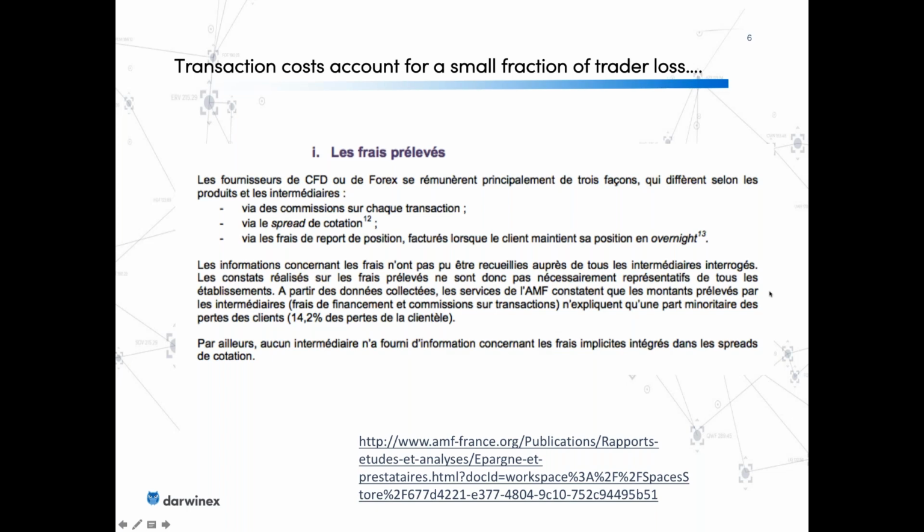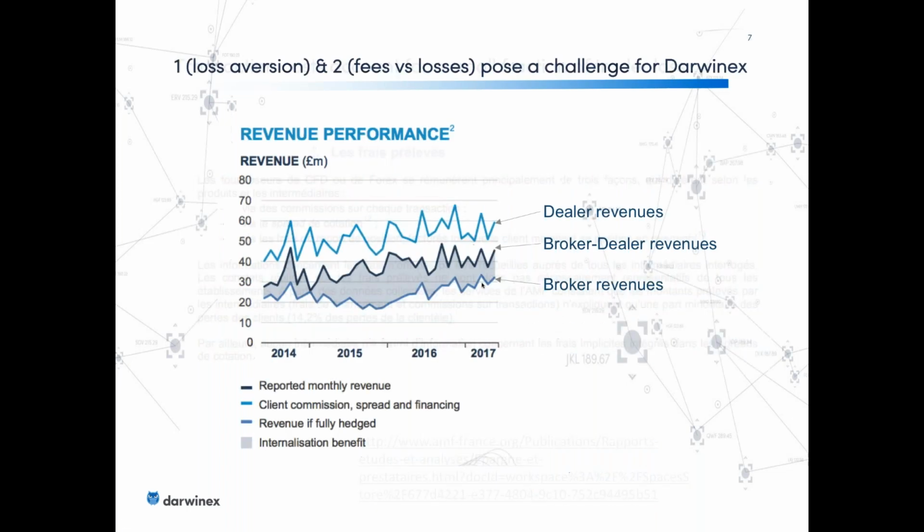Okay, and that's just to me, that's a big insight, and it has a lot to do with what we'll be discussing today. So it's a very, very small number. And it means if you think of it in the opposite way, if you want to make money from retail traders, it's a bad idea to try and just make it from the transaction costs, because 85% of the money is not going into transaction costs in the first place. Okay, and we're now getting somewhere.